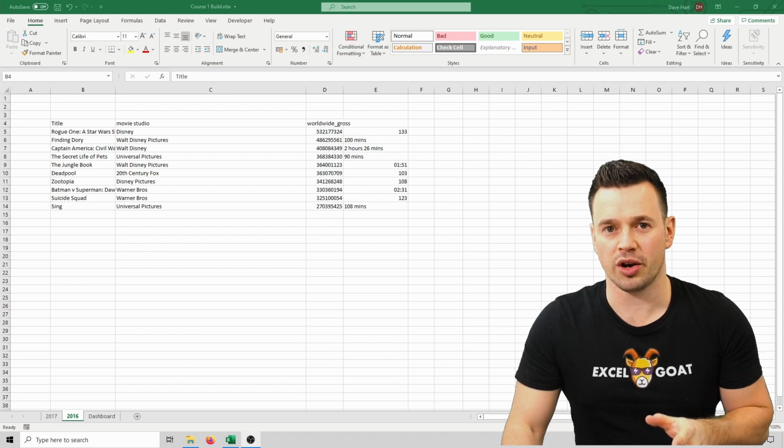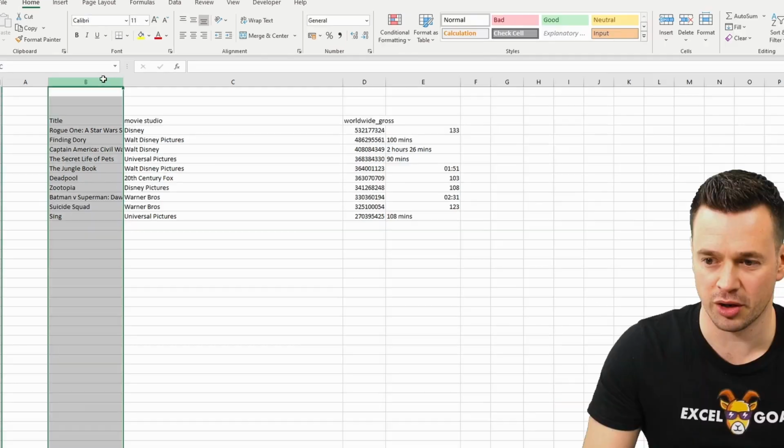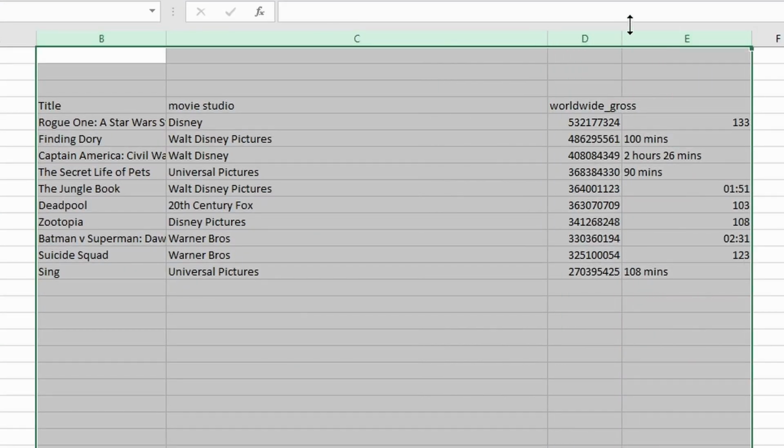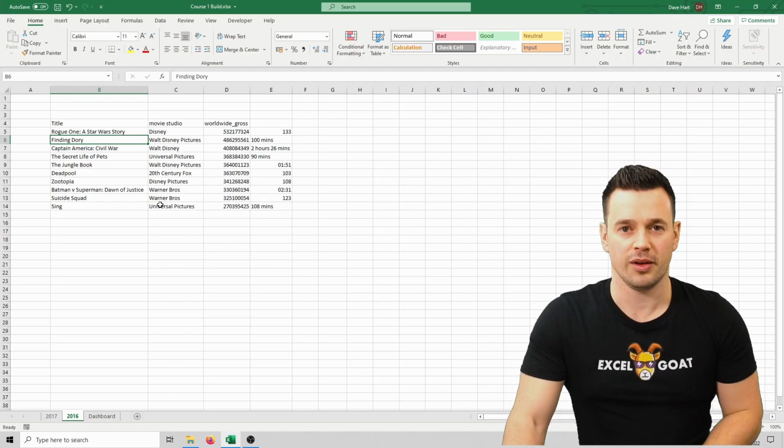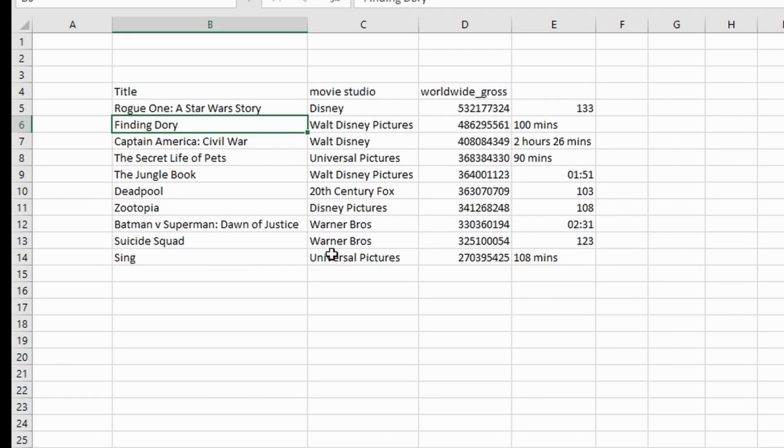Earlier on we just did it on one column, but you can actually select multiple columns like this, so if we select B to E and then just double click to the right where you've got the double arrow on any of them, and it will auto fit all of the columns in your selection. What you can now see is that everything fits nicely within its column width with no overlaps and no unnecessary